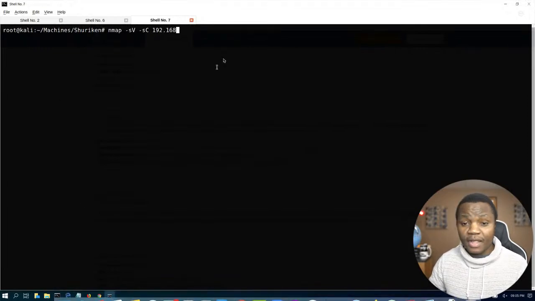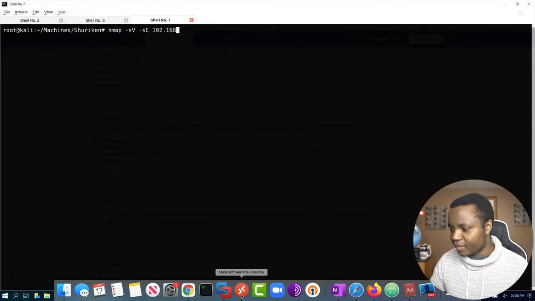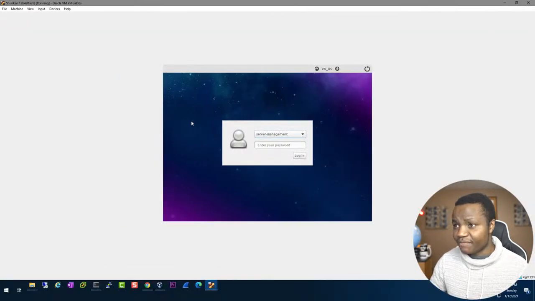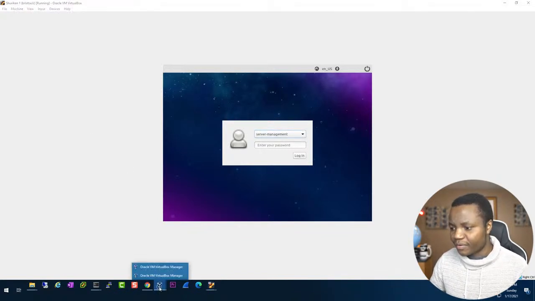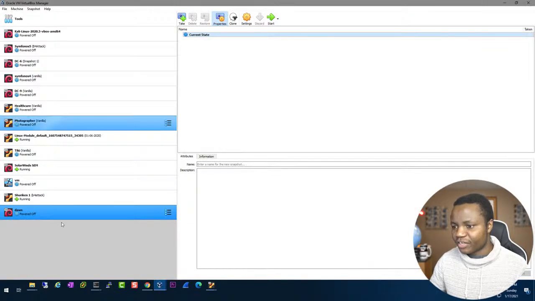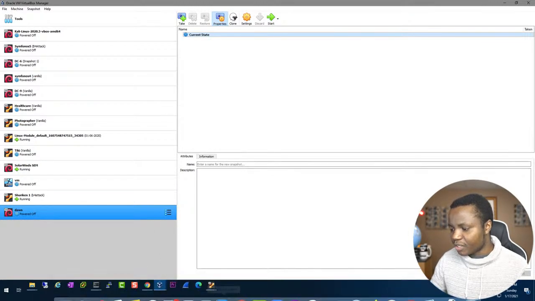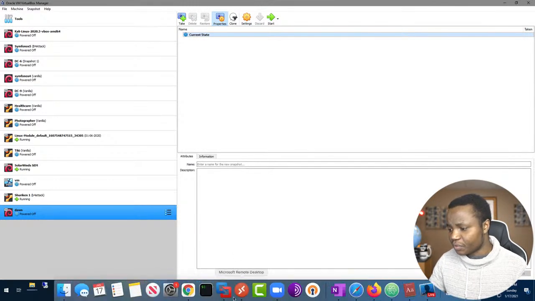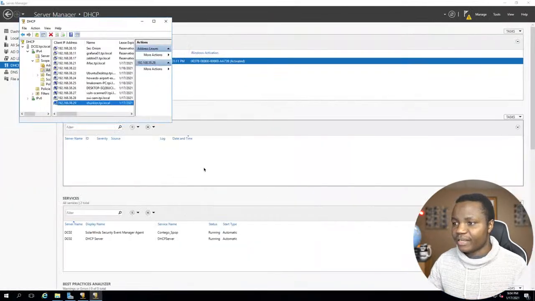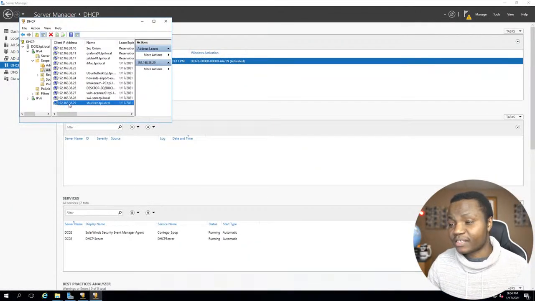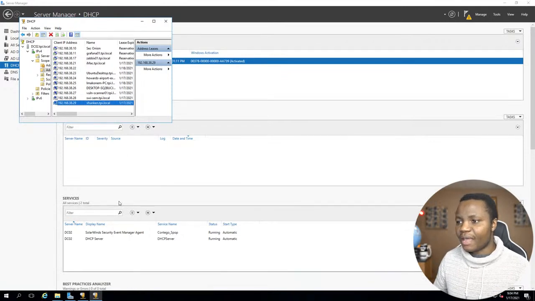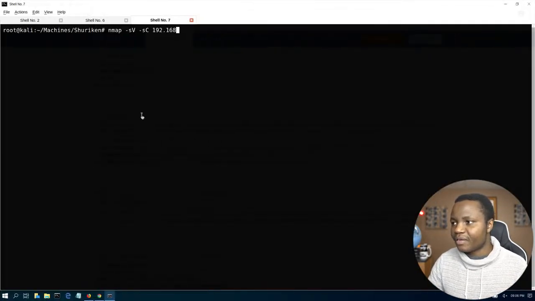Where is this machine? I do have a DHCP server here, so let's find out where this machine is. It's running in VirtualBox. This is the machine right here. This is my VirtualBox manager, but I also have a DHCP server that is running in Windows. So let's go and figure out what the IP address of our machine is. In this case, it's 192.168.38.29. You can run netdiscover if you wanted to, but in this case, we're just going to use the IP address that we know from our DHCP server. So it's